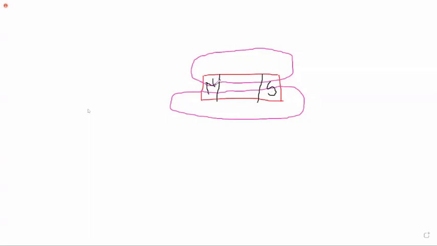Then when I'm showing this is my south pole and this is the north pole, the field direction is from south to north within the magnet and north to south outside the magnet. See, this is magnetic flux or magnetic field line number one, number two. There are so many magnetic field lines in the bar magnet. It is a natural magnet. Now see, what is your observation?